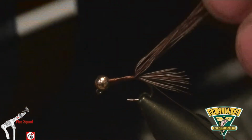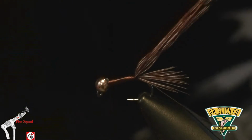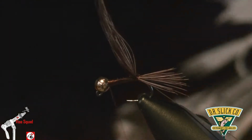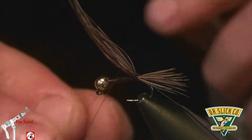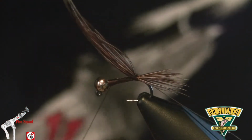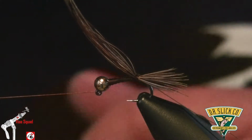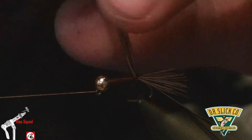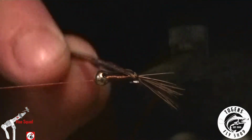A couple wraps to secure it, and then we're going to advance our thread in front of the pheasant tail and bring it back right in behind the bead, and we're going to throw a 1/2 hitch in. I'm going to bring my bobbin cradle in, set my bobbin on it, and we're just going to grab these pheasant tail fibers